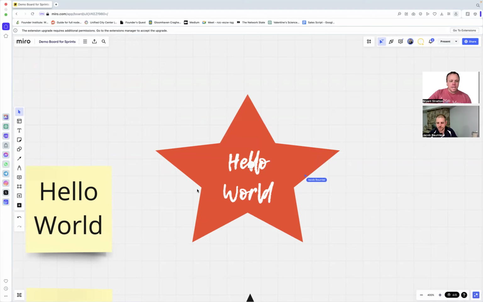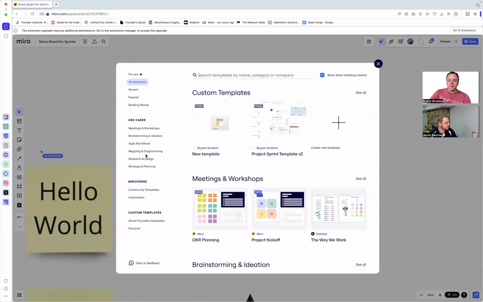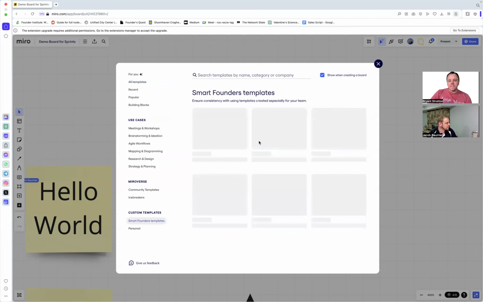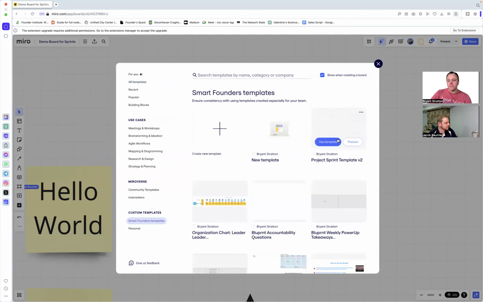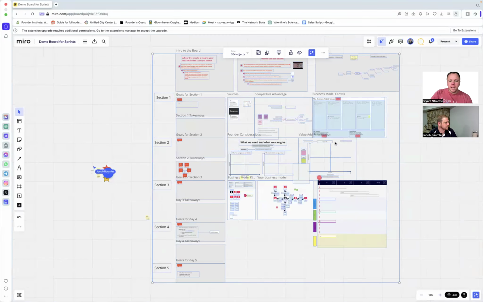And let's say you want to bring your client just to this. Let's say it's a template, which is one of the items we didn't go over, which is a button on the left. And we've actually made some templates for sprints here at Smart Founders, or some of the other things that we've run before, many of these sprints over weekends. And we'll bring in a template like this. All right, and so this is a fresh sprint canvas